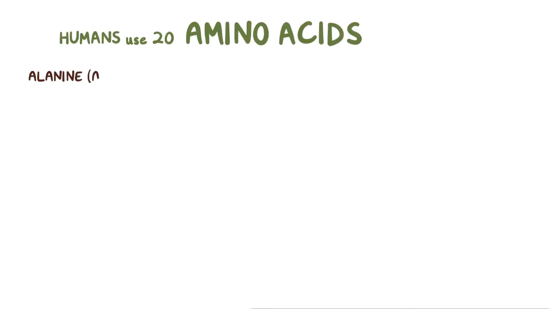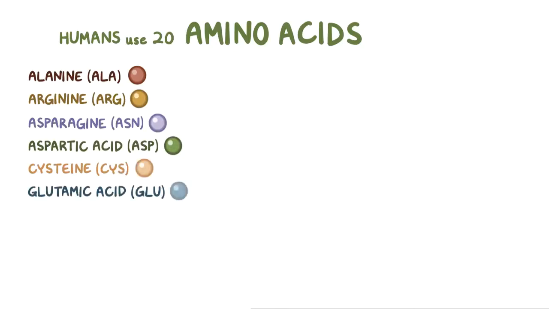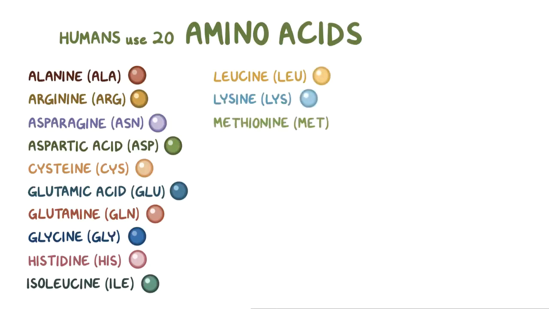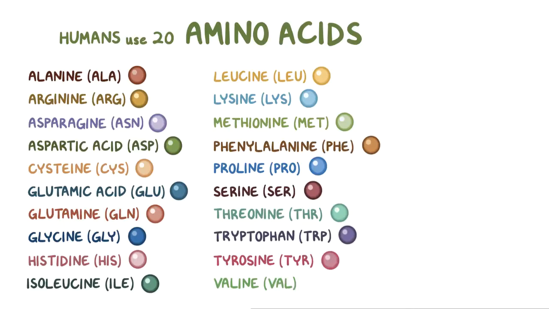So we have alanine, arginine, asparagine, aspartic acid, cysteine, glutamic acid, glutamine, glycine, histidine, isoleucine, leucine, lysine, methionine, phenylalanine, proline, serine, threonine, tryptophan, tyrosine, and valine. Phew, that's 20. One way to divide these is into the ones that we make ourselves and the ones that